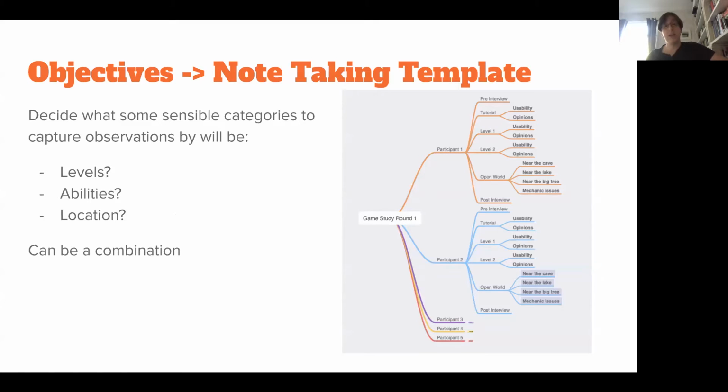to capture issues in. So some sensible categories to capture observations in could be what level did the issue occur on, and so you might prepare categories for each level. If you're looking at some of the mechanics like the jetpack or the fast travel, you might want to create categories that cover each of these abilities. So one for the jetpack, one for the fast travel mechanic,